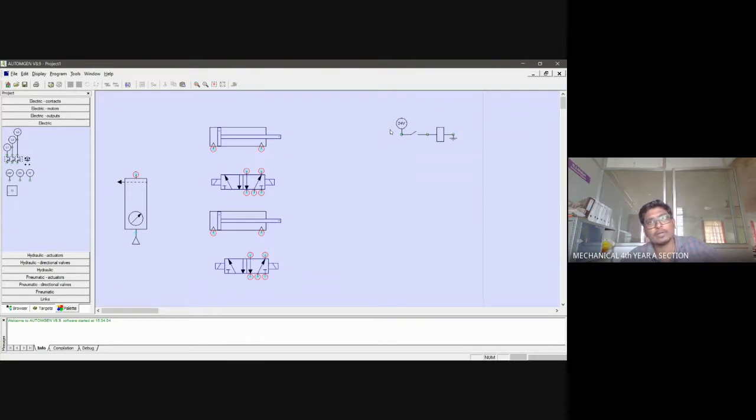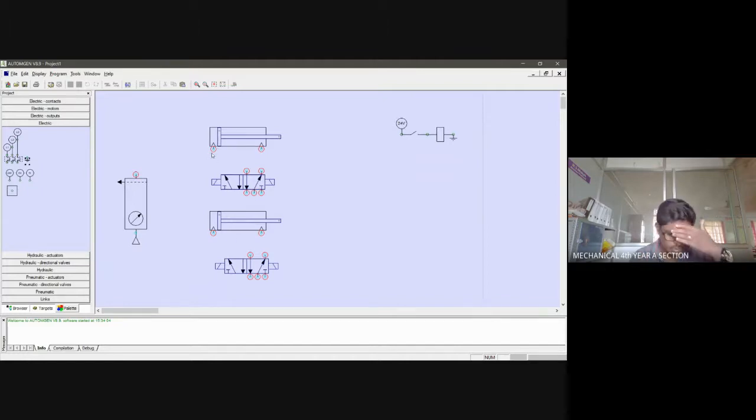Okay, so we have 4 different switches over here. So in the cylinder, you can see this is a sensor. Okay, these two are the sensors. When this piston reaches the sensor, the switch will be in on condition. When it moves, the switch becomes off. Okay, so here we have 2 switches, A, and here it is for B. Okay, we have to name the switches.